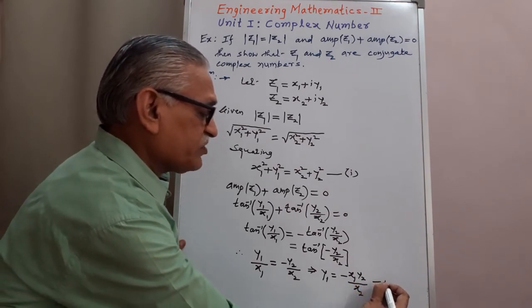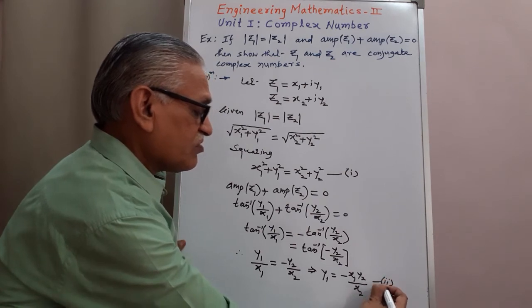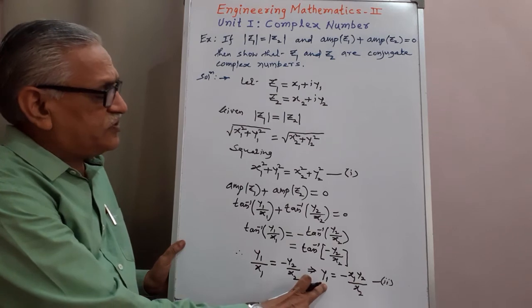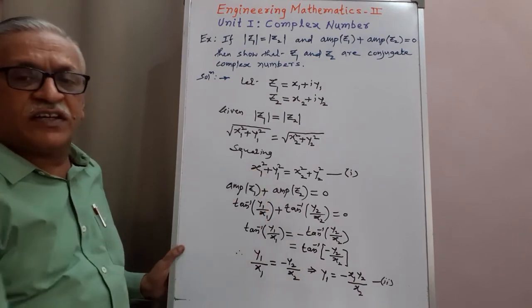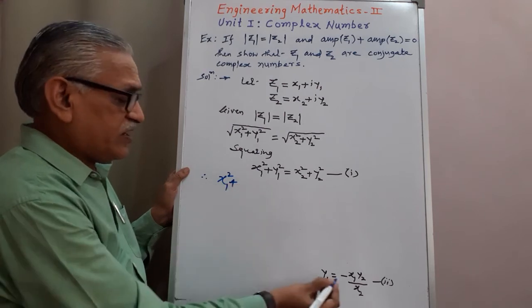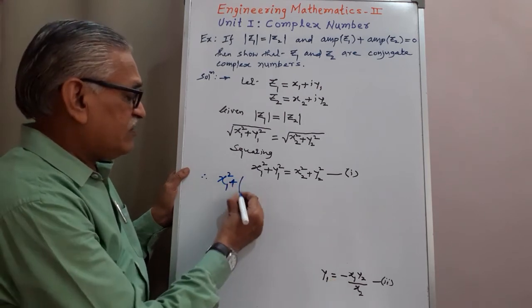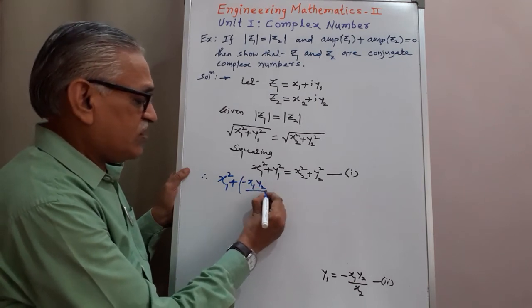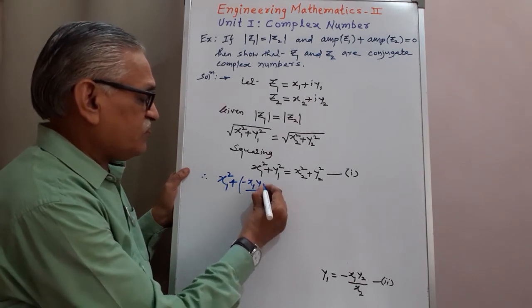We call this equation 2. We substitute this value in equation 1. Equation 1 becomes x1 square plus y1 square, the value of y1 is minus x1 y2 upon x2, bracket square,